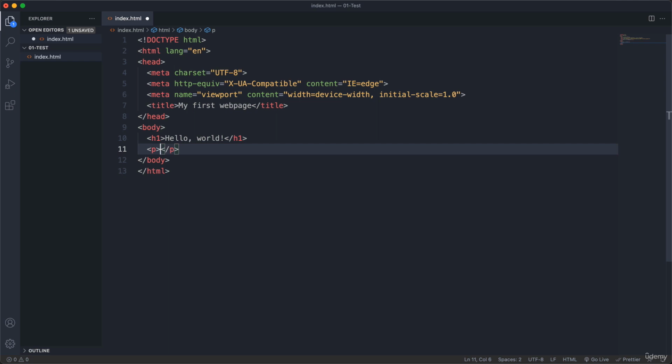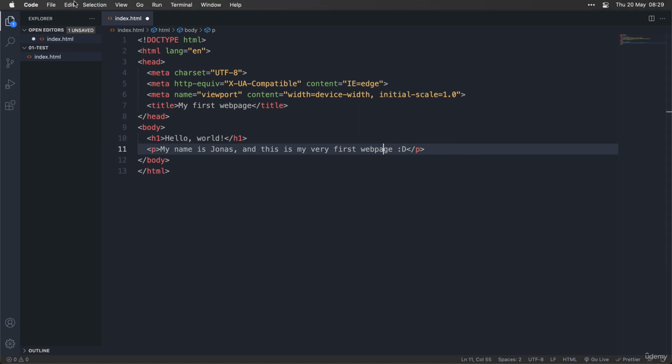And then again, VS Code automatically closes the paragraph for us. So let's say my name is Jonas, and you will of course use your own name. And this is my very first web page. Okay, now we can give it a save by hitting Command or Control S, or you can go